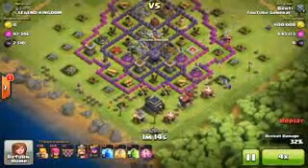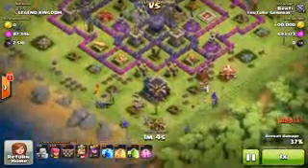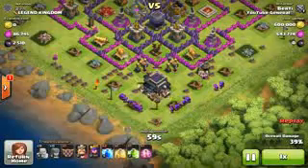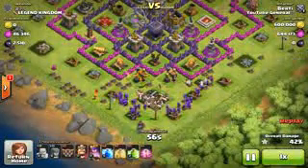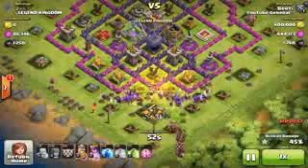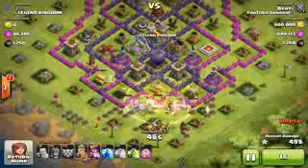You have to remember though that the Barge army is used to break down outer buildings and maybe even the first layer of buildings behind the first wall, but most of the time you can't break into the center of the base with this army. Now, as we can see, Bertie has a few Hog Riders inside his clan castle,